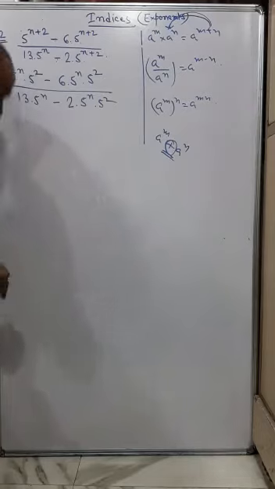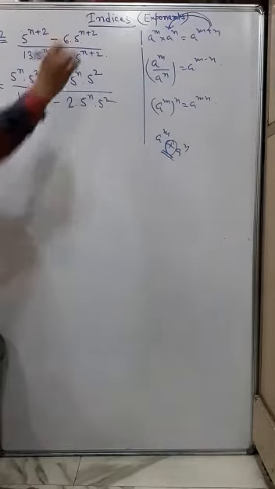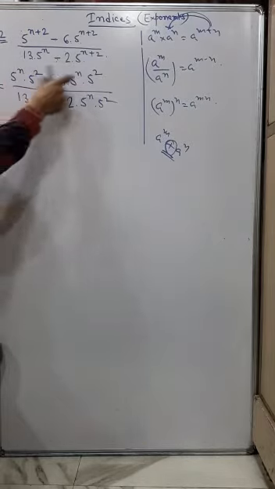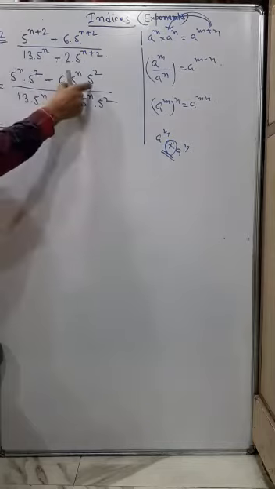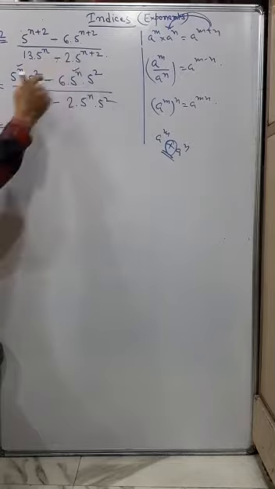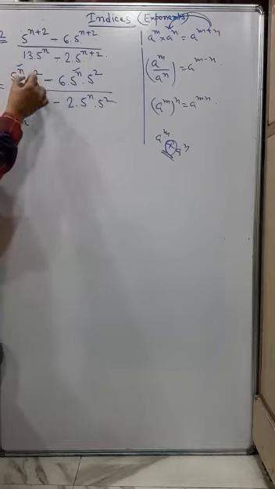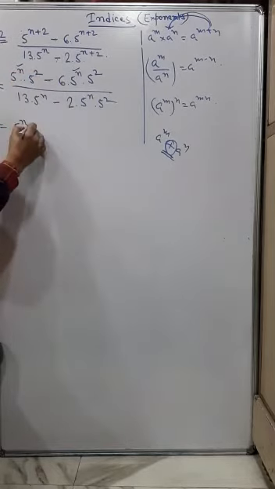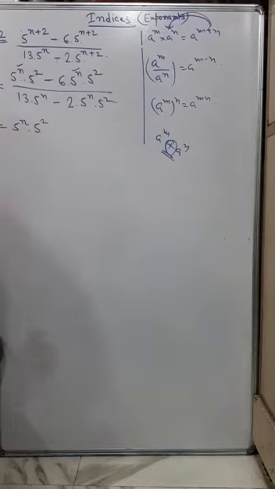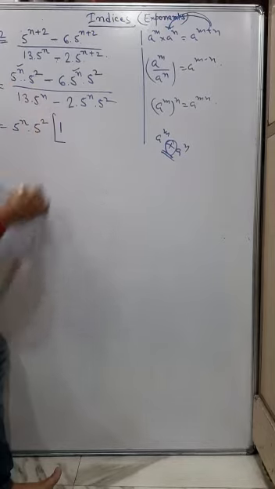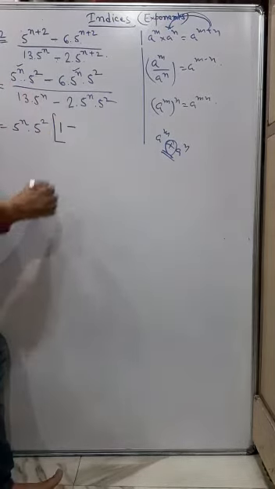Now you see in this case, before this minus and after this minus, you just find out which maximum numbers you can take common in both of them. You can see I can take 5 to the power n common in both of them, and I can also take 5 square common in both of them. So I get into 5 square. Now after taking common, what is left here? Here it is left 1, then you have minus, and then you are left with 6 here, right?